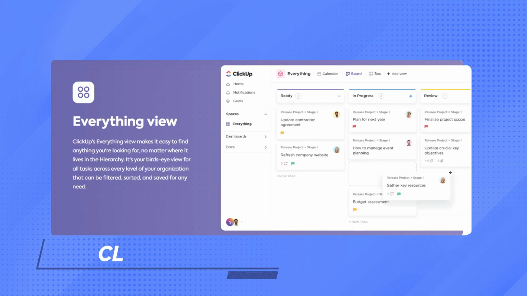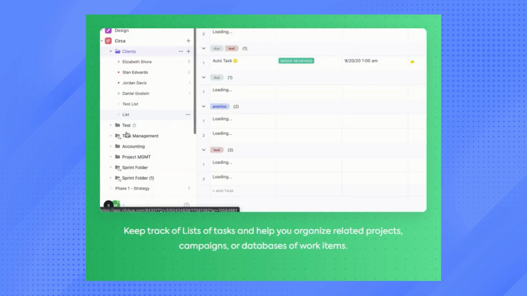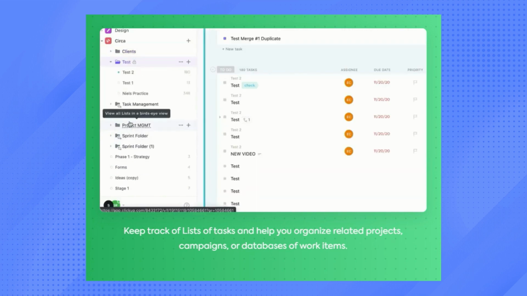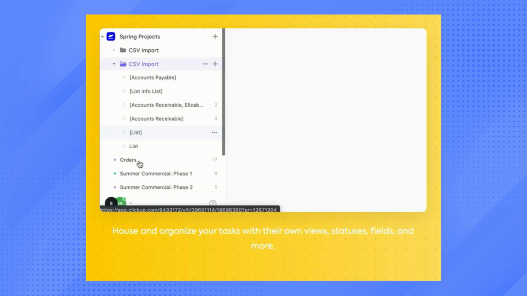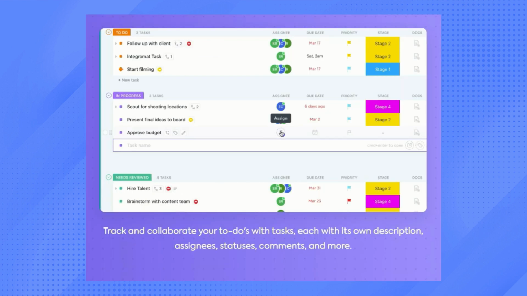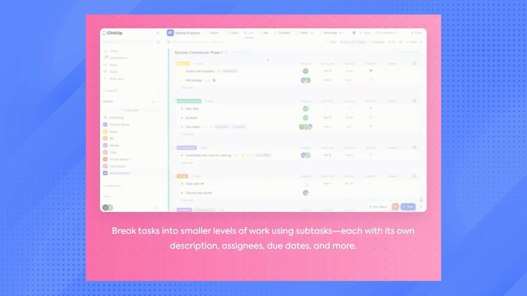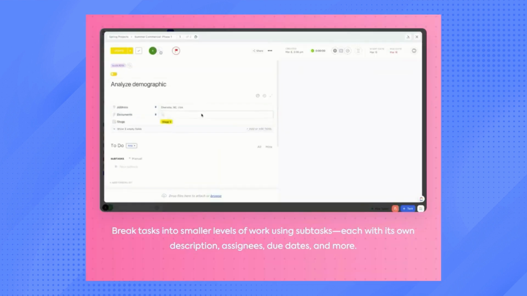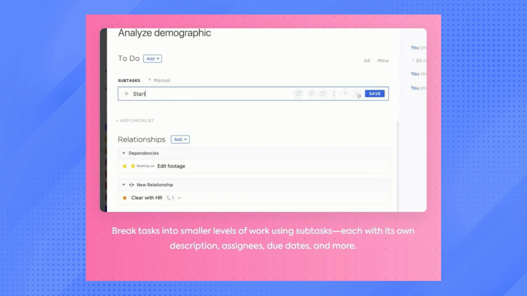So for ClickUp, one of its features is you can view everything within an overview that you can customize. Tasks can also be listed to help you get organized. Status for each task can also be edited and can be compiled in a folder. More specific tasks can be made using subtasks and checklists, which can be nested to be more organized in your